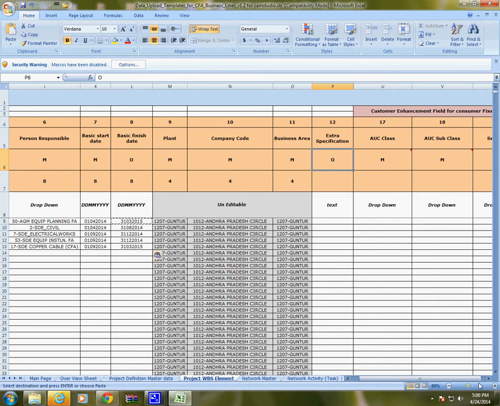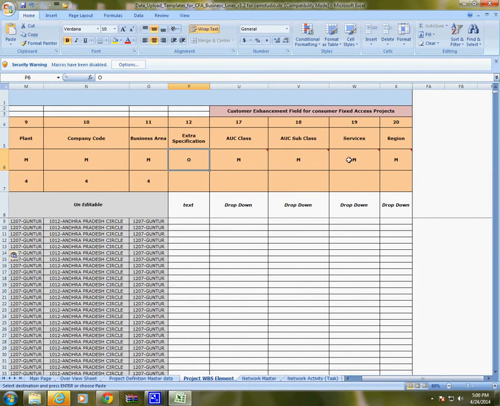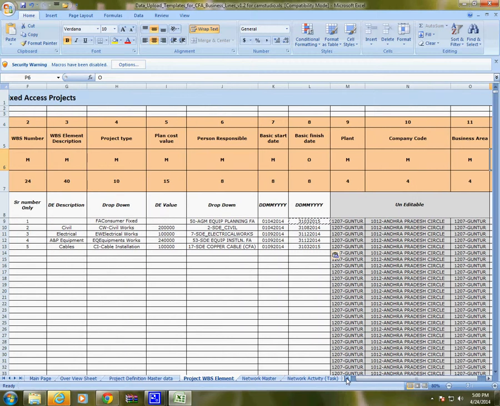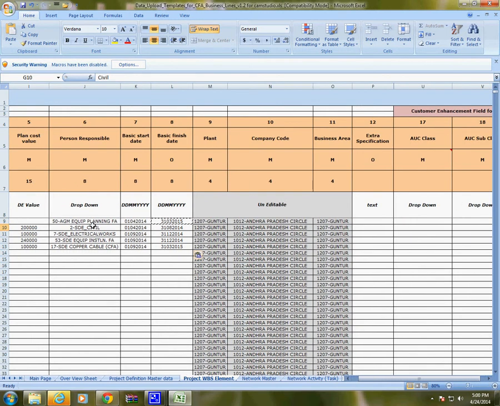Then asset class, subclass, services, these are the information which are dependent on the WBS itself. For civil works, there will be a separate asset class. For electrical, this will be a separate asset class. For A&P exchange, the asset class will be different, and for cable it will be different. So we will be choosing the corresponding entries. Suppose it is a building. In civil works I am choosing building here.